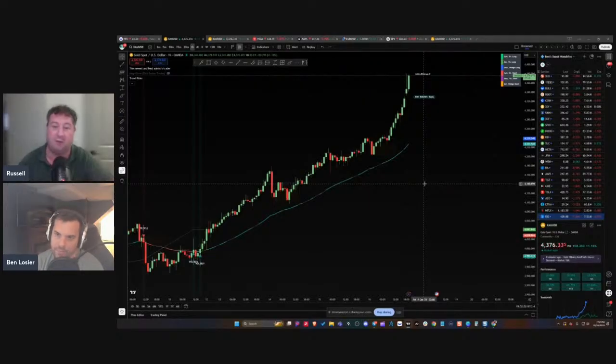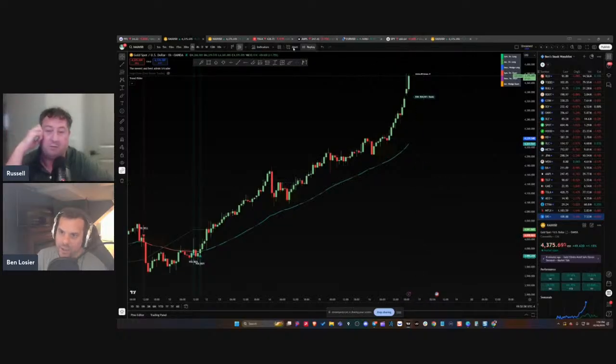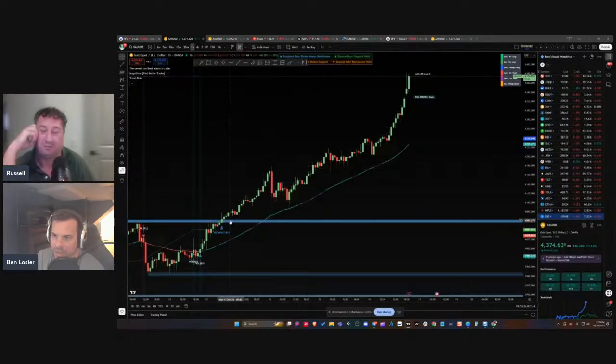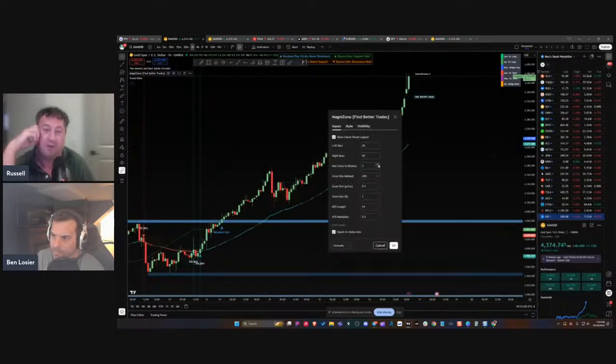And again, there's a system for everything. We have a Slingshot that would try to find this little pullback here. And then we have Trend Rider that already was in it all the way back here. And then we had Magnazone that would have bought right here. That's three different systems that could have worked. I don't know if Slingshot would have. I think Magnazone had this level? Looks like it had the breakout right here. So it wasn't this one, but it was this one. Right. Yeah, that's cool.